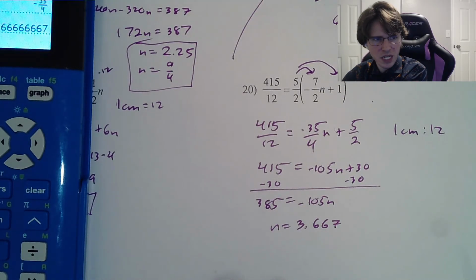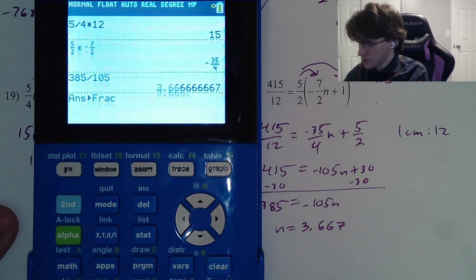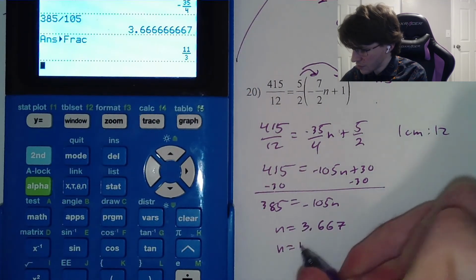3.667, or 6 repeating, just like so. But remember, you can hit math, enter, enter for the fraction, and you'll get the better version of the answer, 11 over